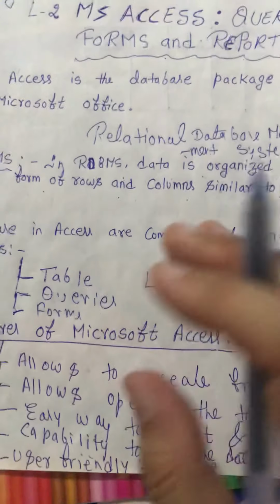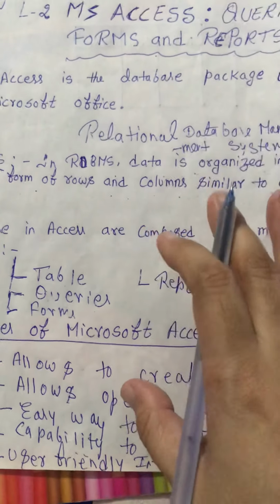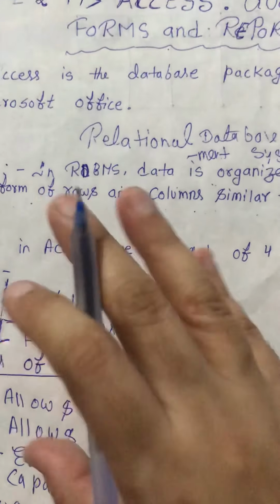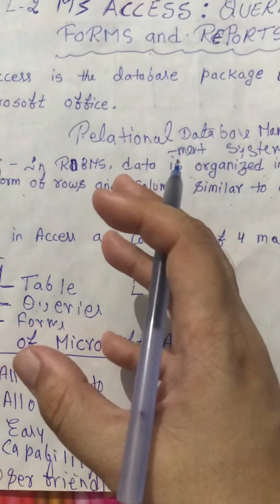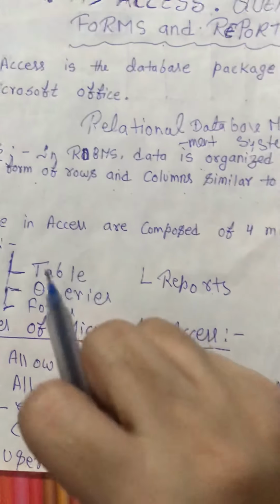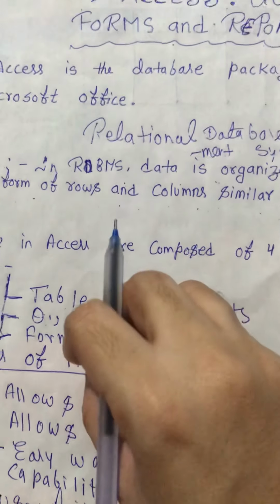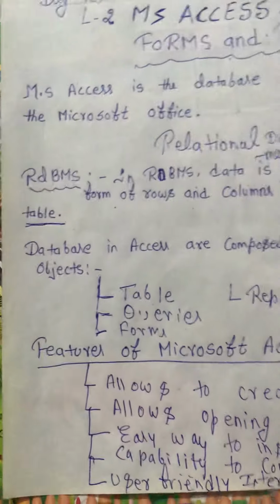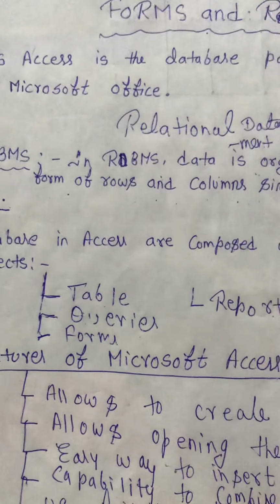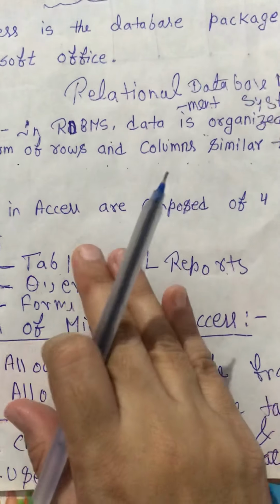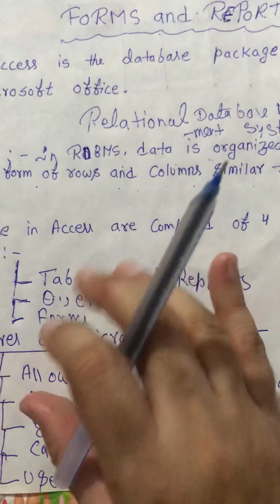For example, you have a set of books and copies of your class 8th. Now you want a bag to put all these copies and books safe. In the same way, Access provides us the forms and tables to store the information. Second, allows opening the table. Access allows opening the tables and scrolling through the records contained within it.